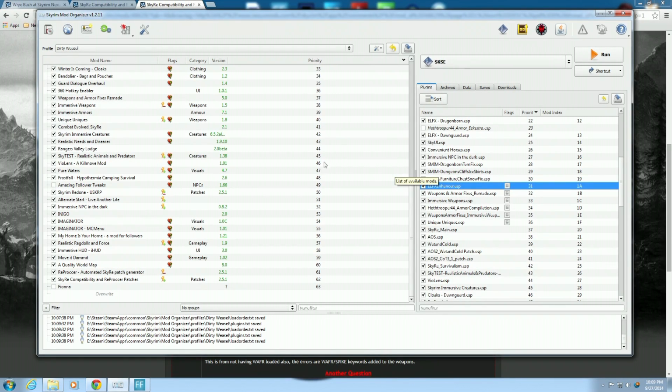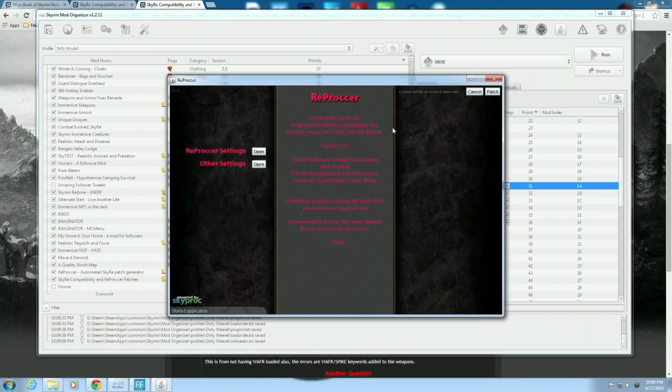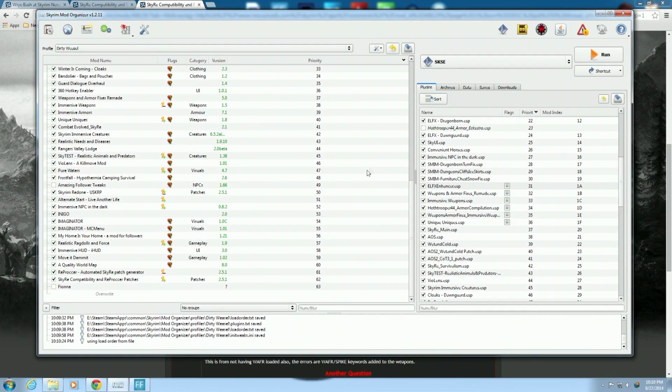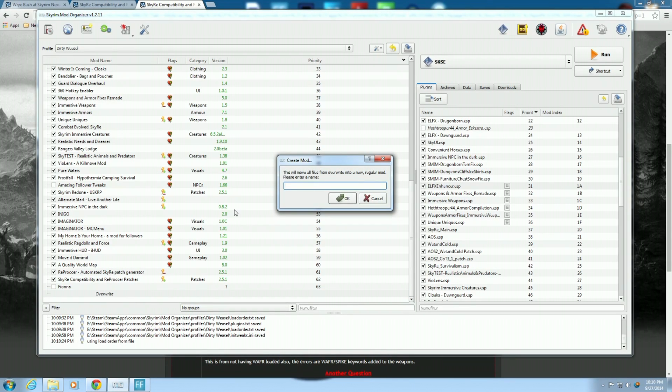Right. Next step, we are now going to run the Reproccer, and just like before, we will click patch. And there we go. So now we have something in our overwrite. We know what that is. Highlight, right click, create mod. Now, as I always do, I name it Reproccer patch